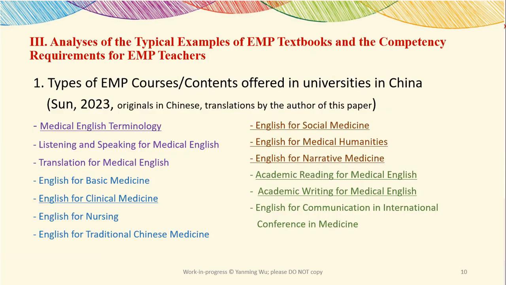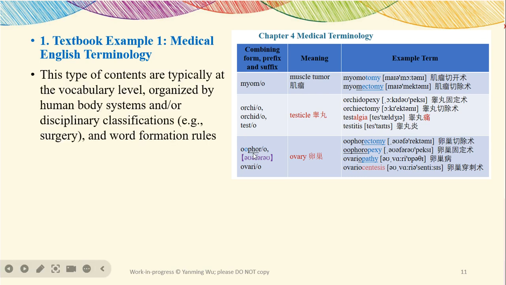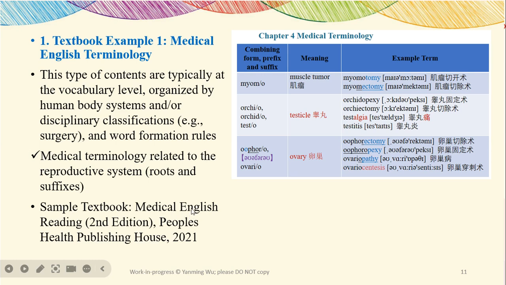So the specific analysis of typical examples of EMP textbooks, I will pick 4 examples in the following. So for the first example, medical English terminology. This is typically at the vocabulary level, organized by human body systems and or disciplinary classifications such as surgery, and also word formation rules. So what you can see here is an example from the textbook Medical English Reading